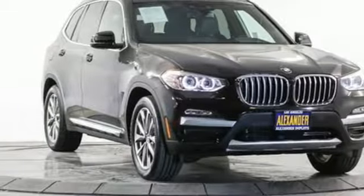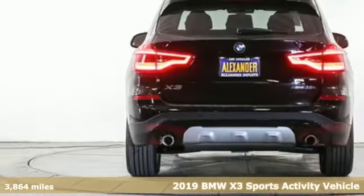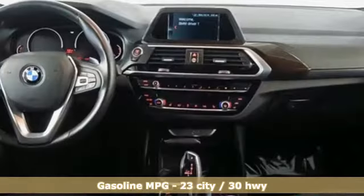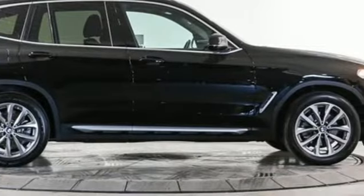Here's a 2019 BMW X3. Whether your instincts lead you to unpaved roads or just down the to-do list, this X3 delivers on what you need. It comes nicely equipped with features you love: external memory control, power heated mirrors, dual zone climate control, auto